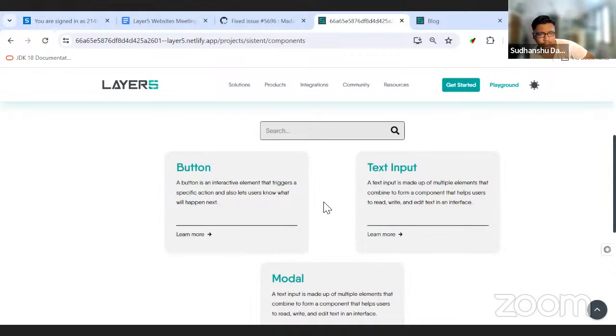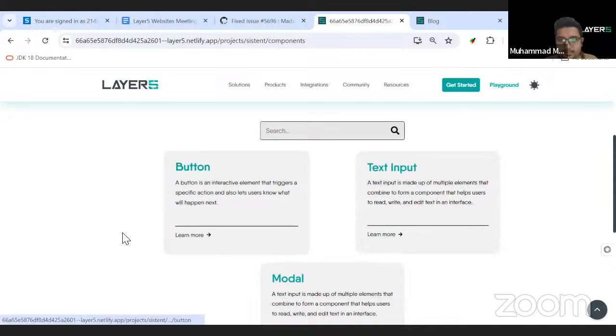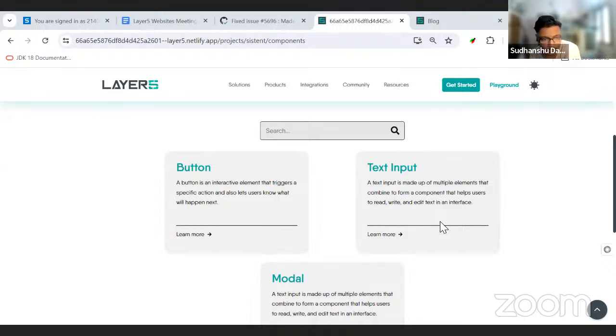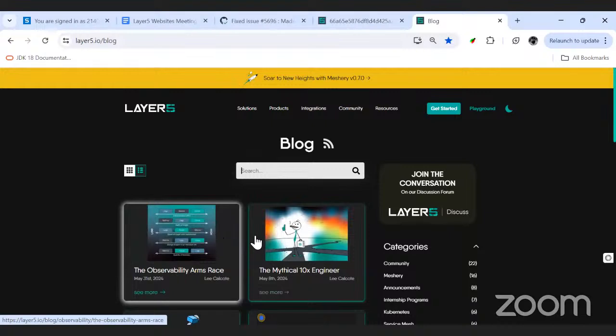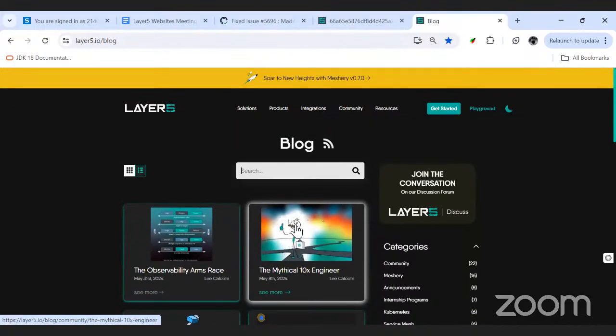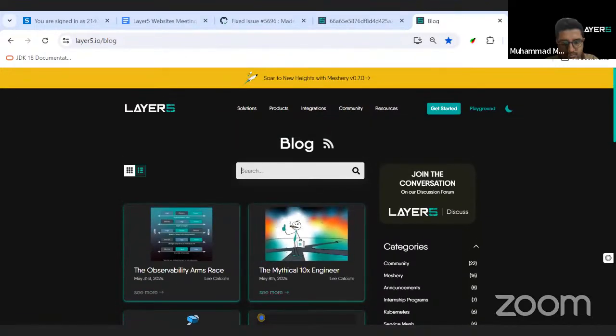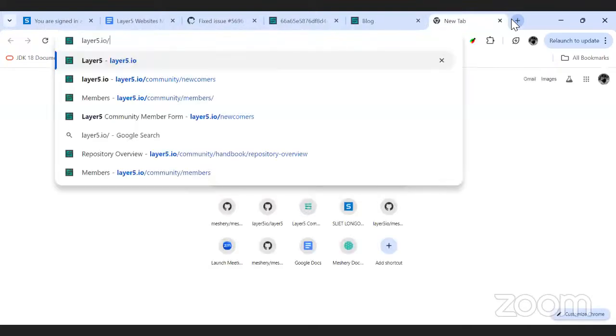No, I'm saying that this green color doesn't appear on other pages. What hover effect do we have on other cards? Yeah, so there are a couple of other places where we have this. For example, this is in the blog section and for events too. And if I also go to layer5.io/learn,